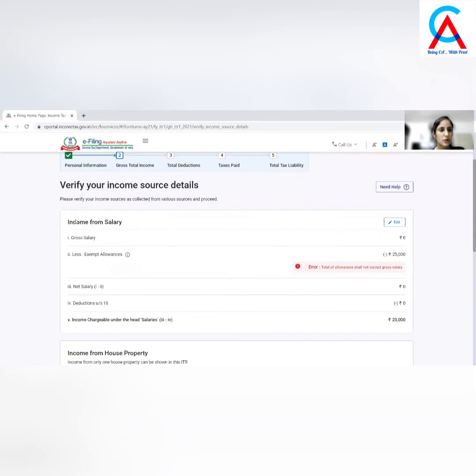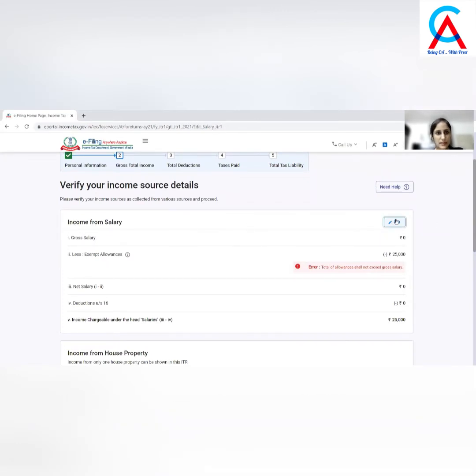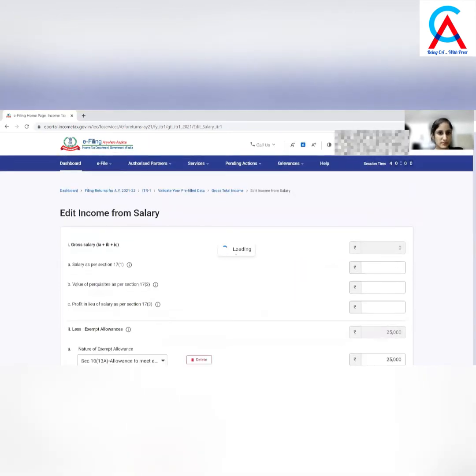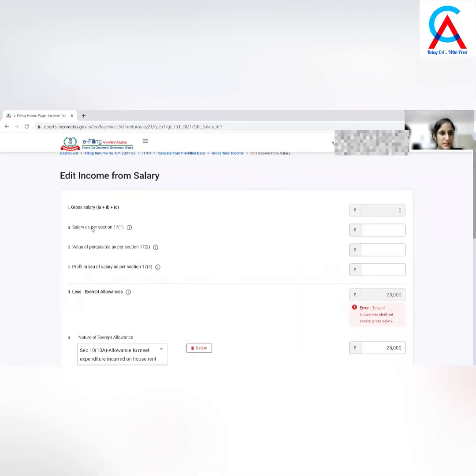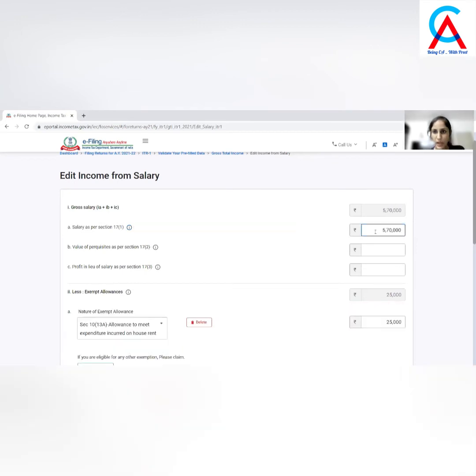Now it asks about your income from salary. So I'll go to edit and fill in the information. Under part A, you have to give your basic salary. You can see it has given some information over here. To fill the salary in part A, if you go here, you can see it shows your Form 16 details, from where you can get this amount and fill it over here. I have filled an amount of